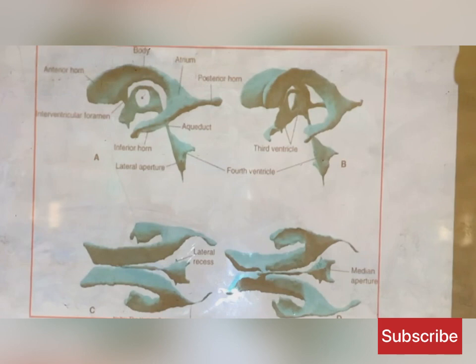lateral ventricle. The reason is that once the CSF is produced in the lateral ventricle, it gravitates into the third ventricle. From there, the third ventricle connects with the fourth ventricle through the cerebral aqueduct of Sylvius. Are you clear? So this cerebral aqueduct of Sylvius connects the third ventricle with the fourth ventricle, so that by the time CSF is produced in the lateral ventricle, it passes through the interventricular foramen of Monro into the third ventricle, and then finally the third ventricle also adds